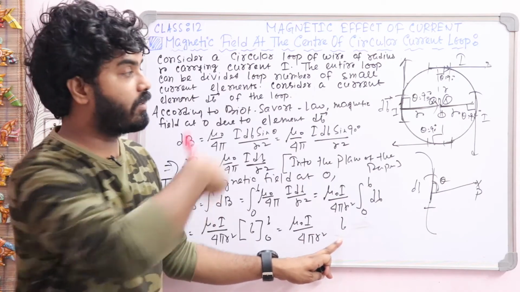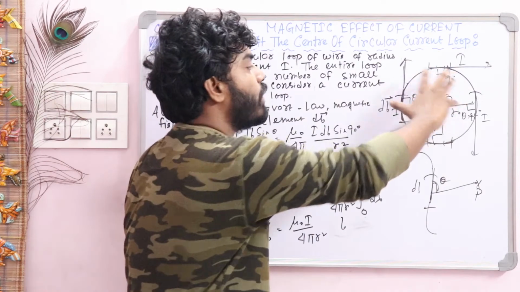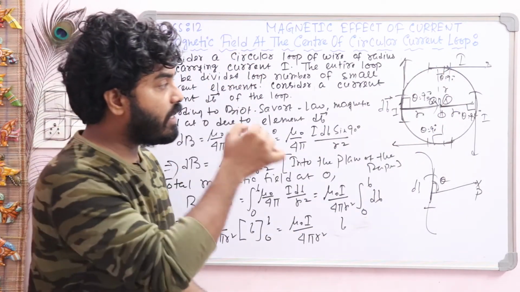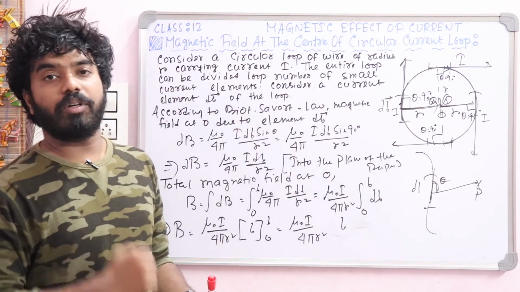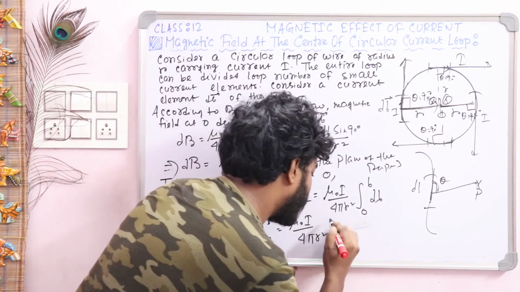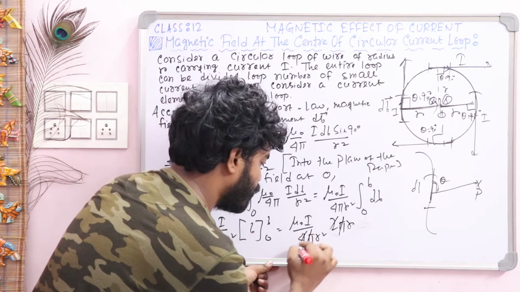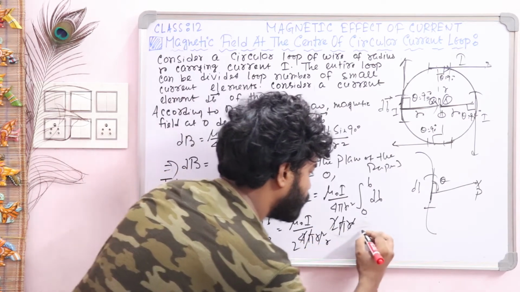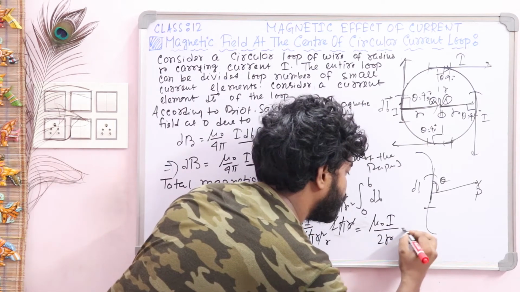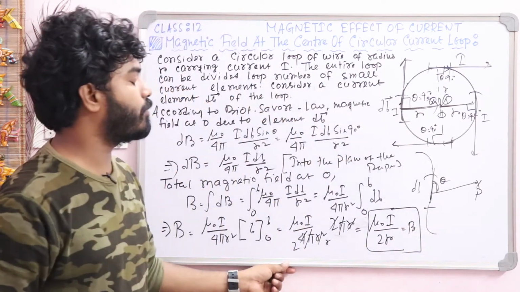L is the length of this circular current carrying loop, the length of this wire. So the length of the wire means the circumference. With radius R, the circumference of the wire is obviously 2 pi R. So here the value of L is 2 pi R. Now simplify it: pi pi cancel out, 2 cancel out, R cancel out. So the expression of magnetic field is mu naught I by 2R, which is important for numerical purposes,